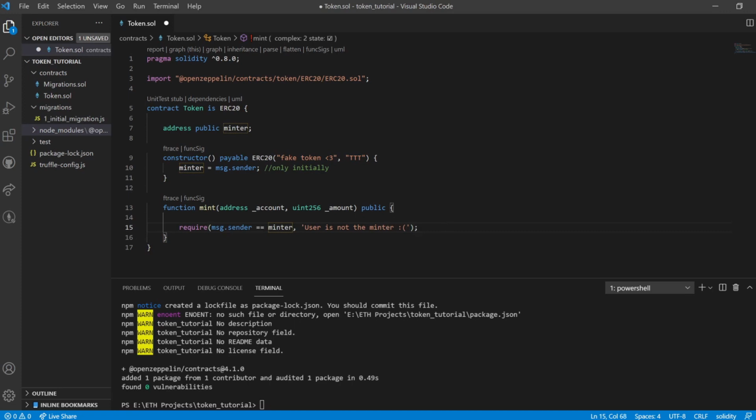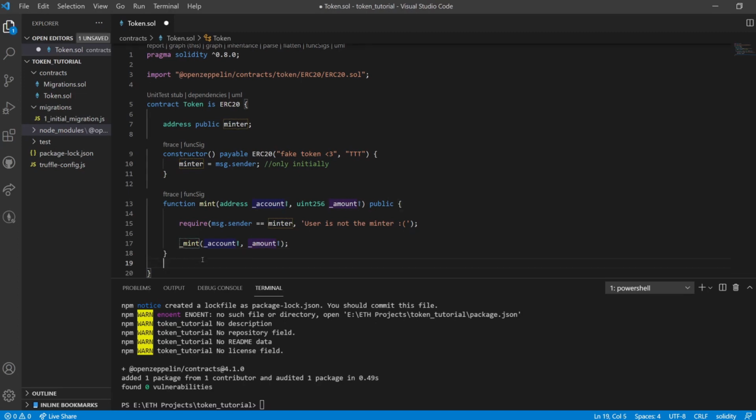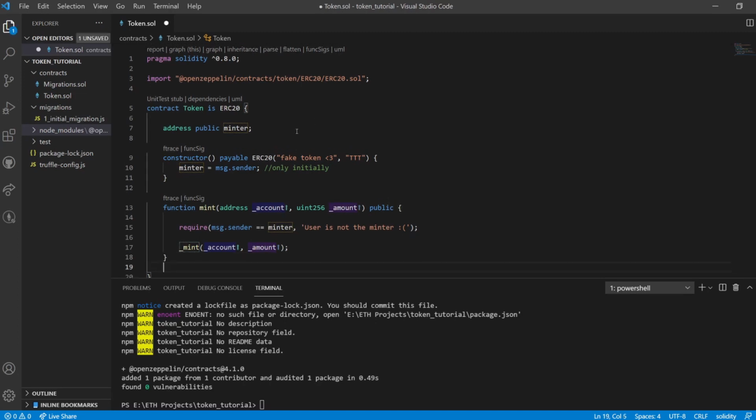So now that we've required that, if this evaluates to false and they are not the original contract creator, then this will just return the function and no gas will be paid or anything. So this mint function here is the one that is a part of ERC20, and we'll call that with the account and the amount, and that will mint our new tokens. Great. So that looks good for our purposes today, and this is definitely a very simple version of this token,